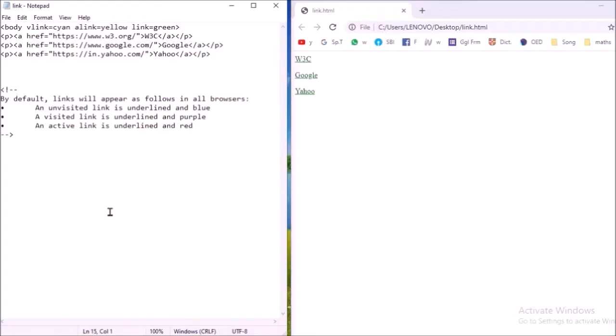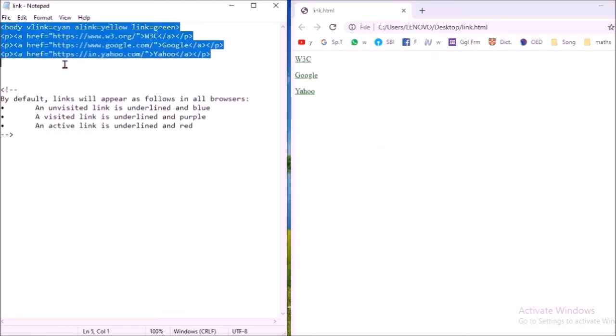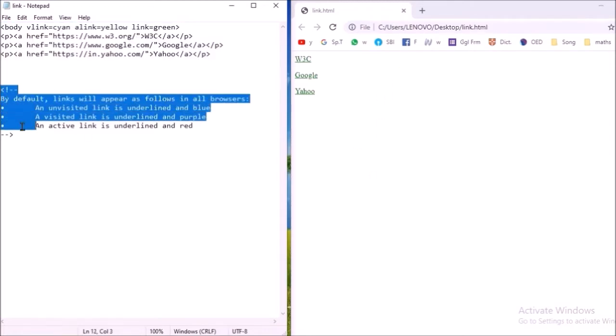Now children, we talk about various kinds of link. Here there are three kinds of links: unvisited, visited and active. So here you are seeing an example of three links. Actually this is a web browser, Google Chrome. It also can be Internet Explorer. And these are the source code, which will be read by the web browser, but these are the comments, which will not be read by the web browser.